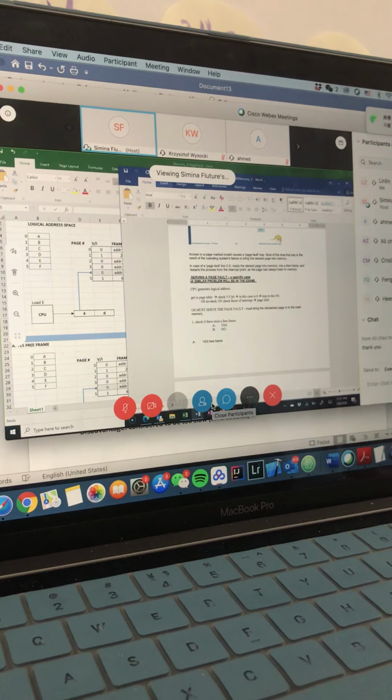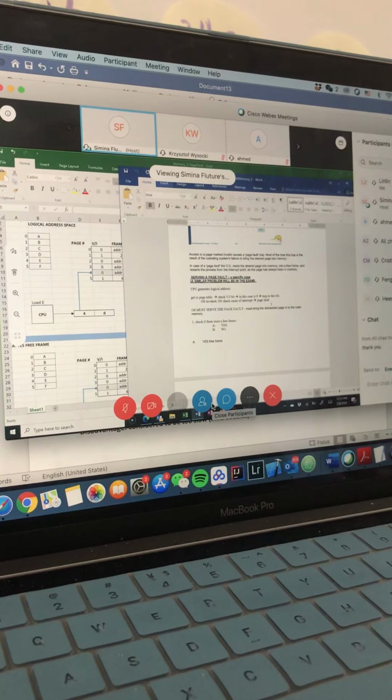Check the valid invalid bit. In our case it's 0. That will create a trap to the operating system. The operating system will be invoked and will check the cause of the interrupt. And in our case, it's 0 not because the reference is not legal, the reference is legal, but we can see that the page is not yet in the main memory. That is named a page fault.